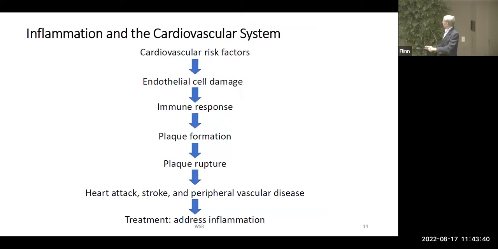But going back to the cascade of the immune response, the endothelial cell gets damaged. The immune response comes in, and sometimes the endothelial cell can get repaired. But the problem is that the stress of the cardiovascular risk factors is a never-ending stress on the endothelial cells. It just keeps on. It's all day, all night. And so the immune system can't really resolve it because the insult keeps going. So you end up with plaque formation, and sometimes the plaques can rupture, which causes an immediate clot in the blood vessel, which results in a heart attack, stroke, peripheral vascular blood vessel blockage, and loss of limbs.